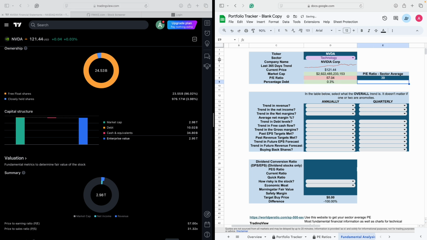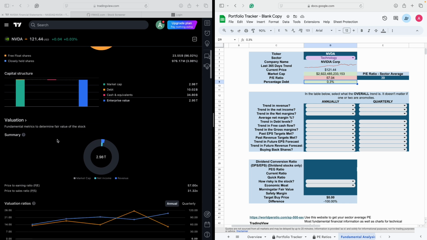Most companies have debts of like over 20%, 30%, and you can make your own cutoff for this. But for myself, anything more than 20 is borderline, and anything over 30 definitely is a no zone for me. So 0.3% is absolutely perfect in this section. Then I continue scrolling down,